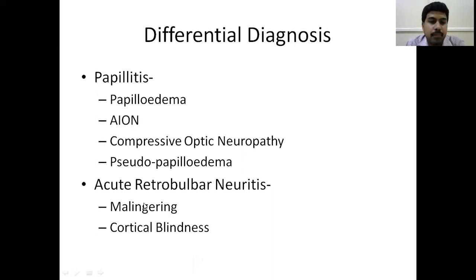So now here is an important difference: what is malingering and what is hysteria. Neuro-ophthalmology is a club of all the topics, even some psychiatry part you have to learn. So what is malingering? It is most common in males. Here, suppose the patient has got some secondary gain. Suppose there is a child who has an exam, and he didn't study well for the exam. He doesn't want to go for the exam or he doesn't want to go to school. So the common complaint he makes is, I am having stomach pain.